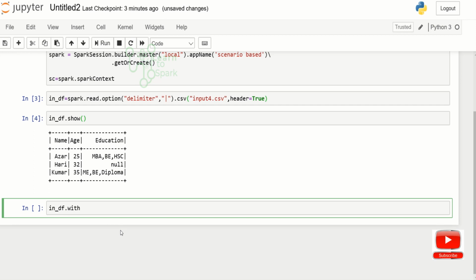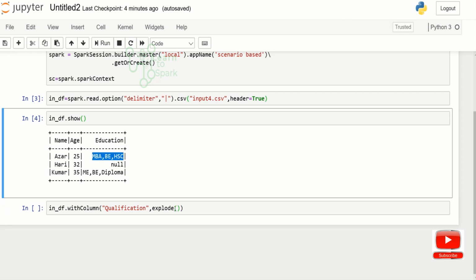I will add withColumn. We can't simply explode it. For exploding a value, it should be a map, or of array type, or else of struct type, but it is of string type.